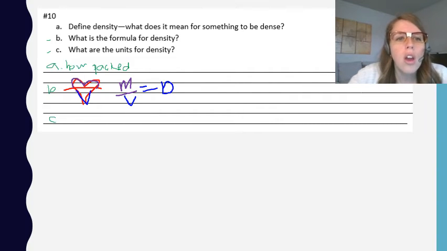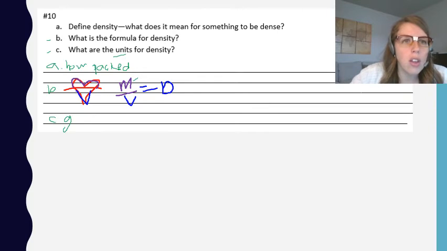All you have to remember is, what are the units for mass? We talked about grams being the unit for mass, right? So the units for density are going to be mass over the volume units. So grams over